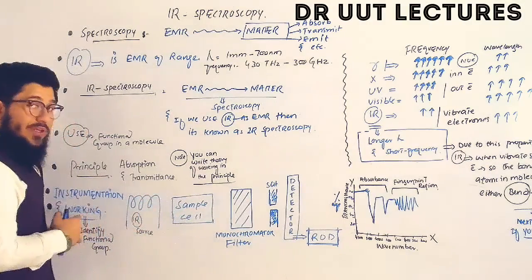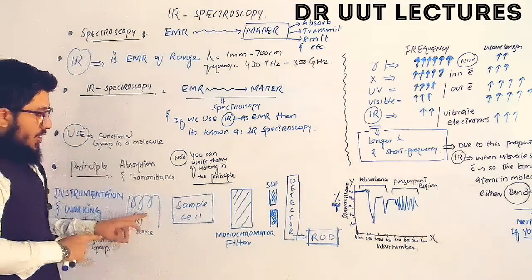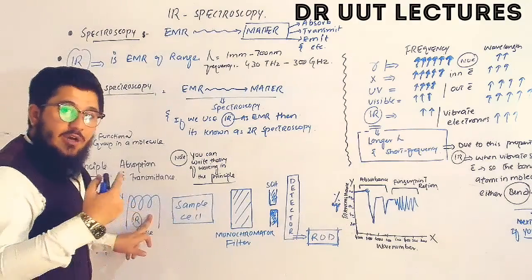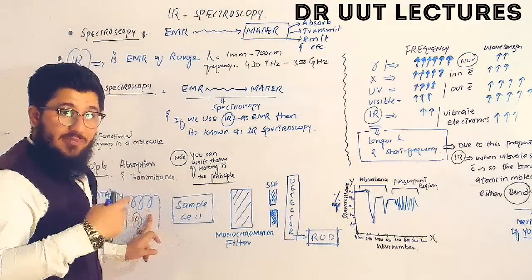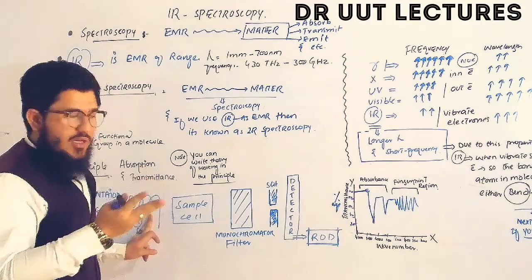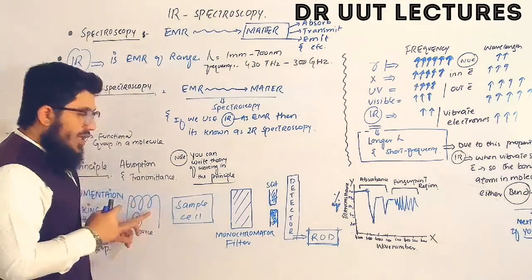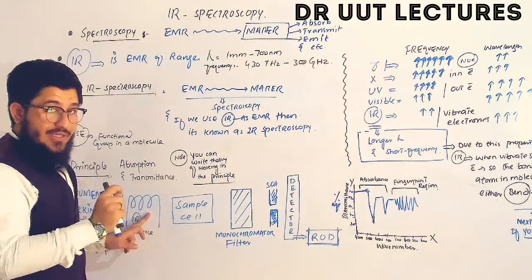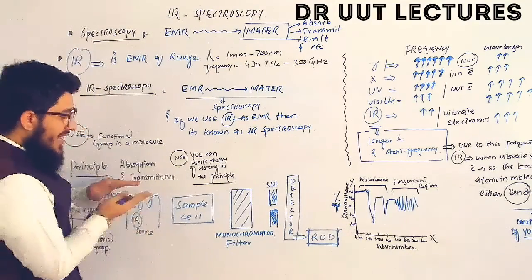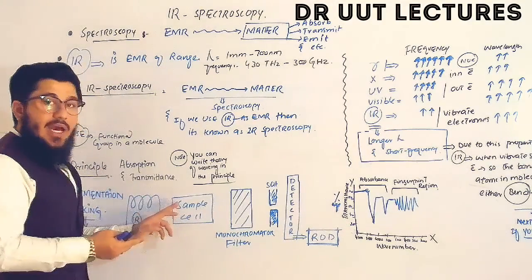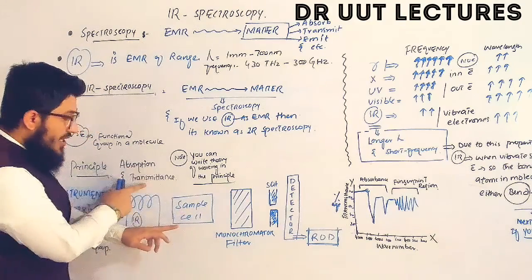Now let's move towards the working of the IR spectroscopy. We'll take the IR source. We can take any of the IR sources that we have, like tungsten filament lamp, nichrome wire, etc. So you can use any. Here we are using the tungsten filament lamp as an IR source. Now we will target the IR radiation on the sample, and the sample is going to absorb and transmit these